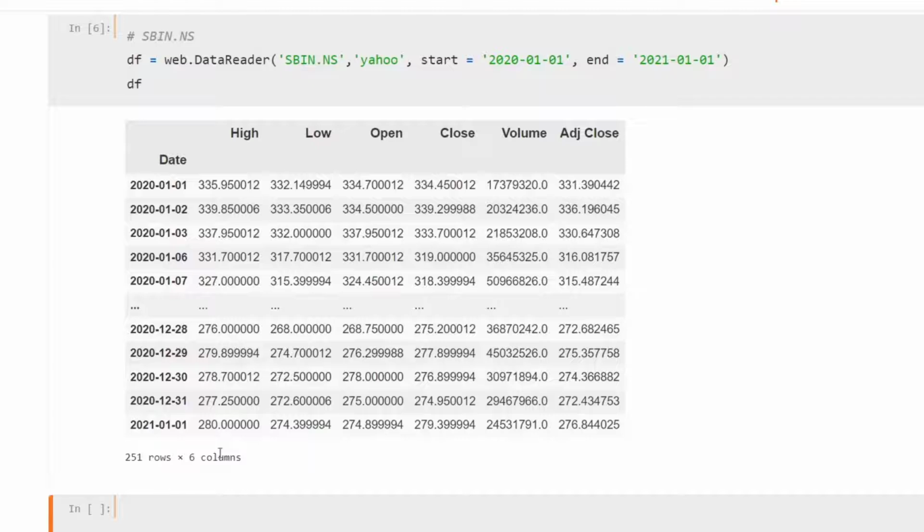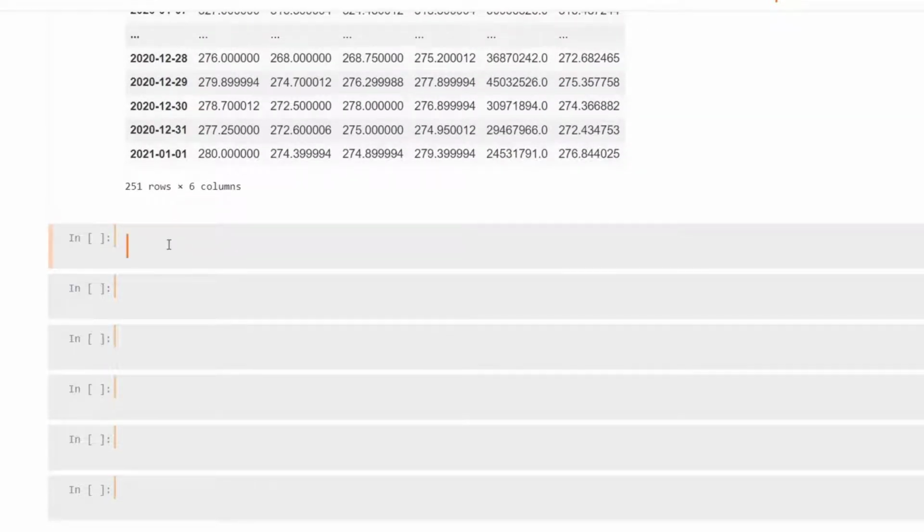It was so easy. For example, if you want to download the data for more than one company in one API request, all you need to do is define the companies from which you want to extract the data. Now I'll extract the data for three companies: State Bank of India, ICICI Bank, and ITC, that is Indian Tobacco Corporation.